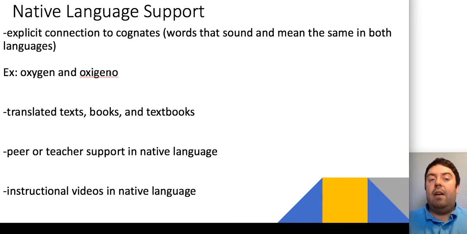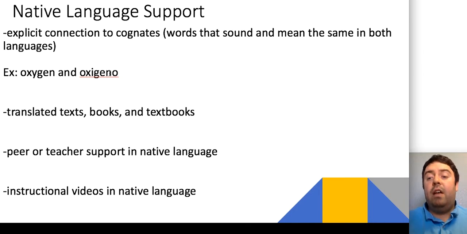Another important scaffold is native language support. Even if you're an ESL teacher, an English as a second language teacher, just because it says English in your title does not mean that you are not allowed to also expand on students' native language. Actually, they've done research, and students who have a strong